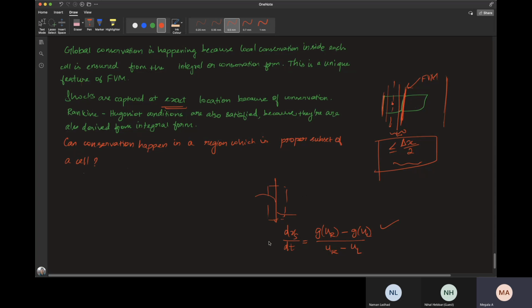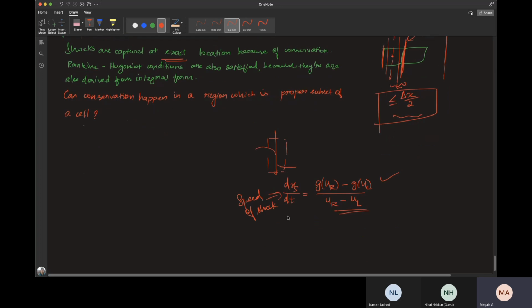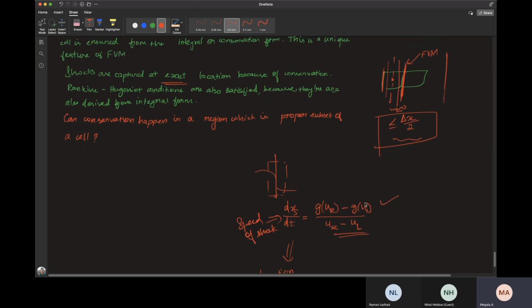So essentially this is the speed of the shock. From this expression we can further calculate the location of the shock. If we know the previous location, we can find the current location of the shock using this expression. All of these are derived from the integral form of conservation law,